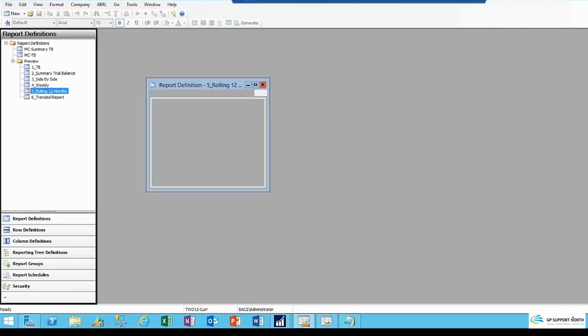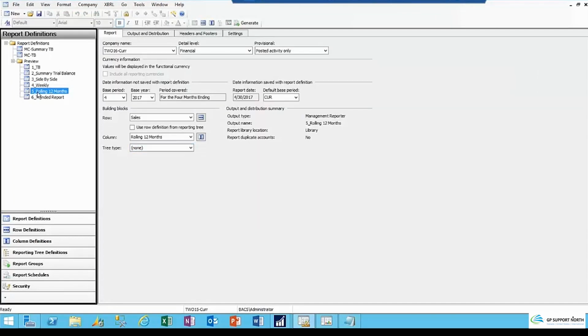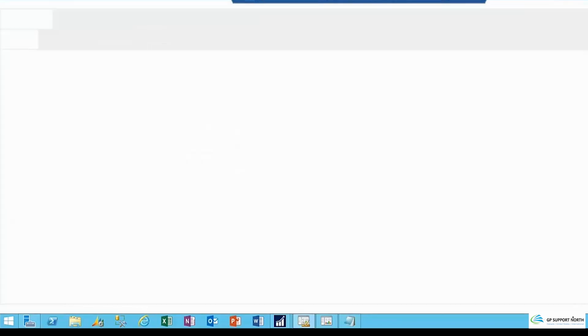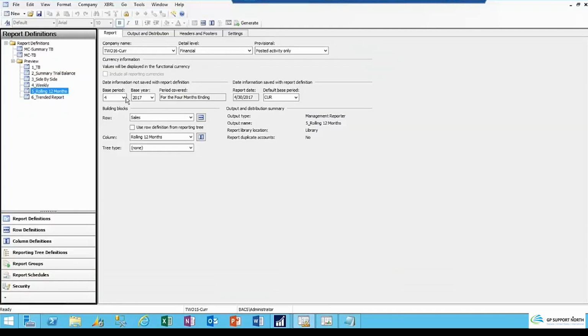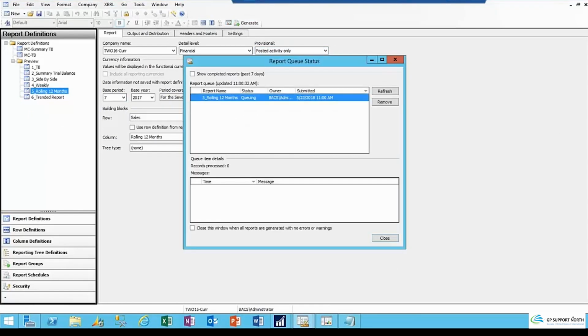The next report that I like is what I call a rolling 12-month report. Right now I've generated it for April. I'm starting from May 2016 to April 2017. If I change this now and generate it for July and regenerate,